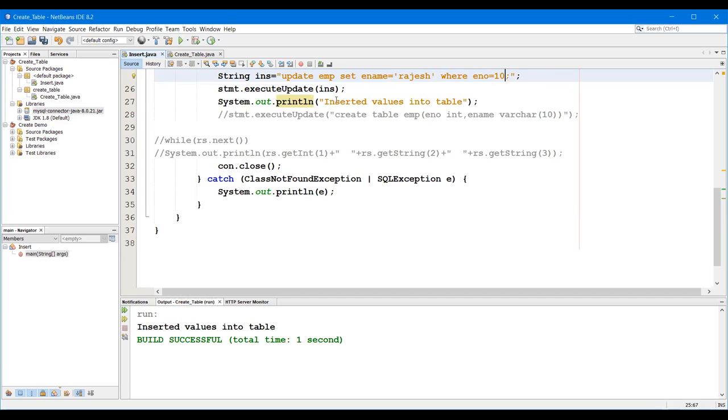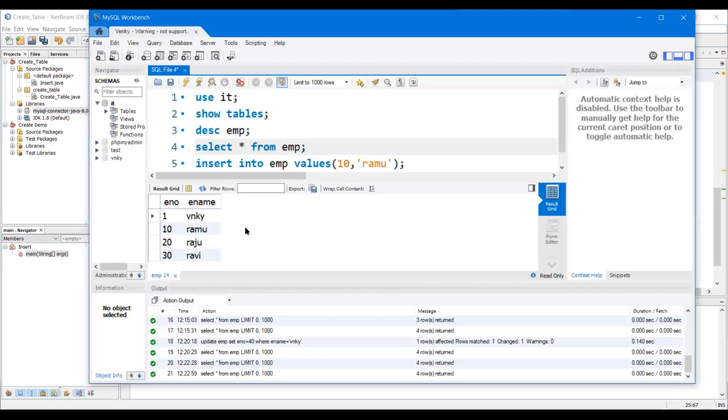So I'm updating the employee name to Rajesh, where the employee number is 10. What is previously the employee name for 10? Ramu. Now I would like to change the name of Ramu to Rajesh.